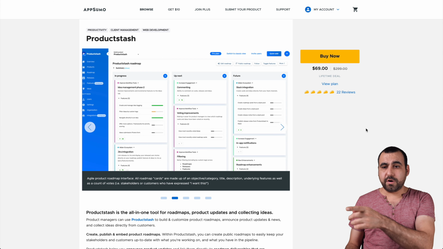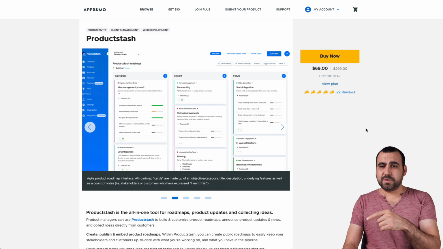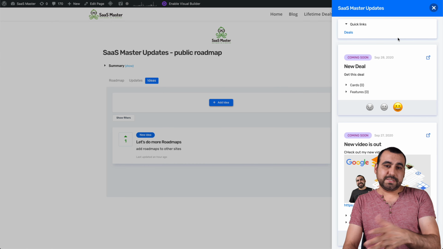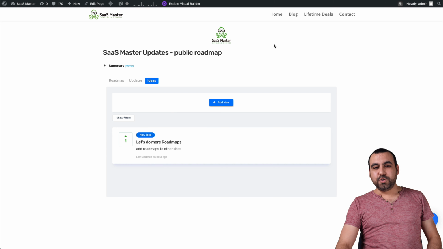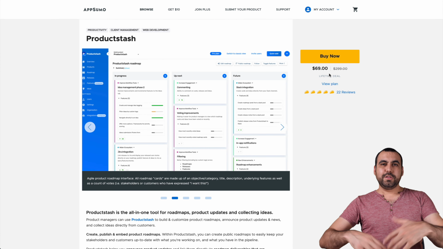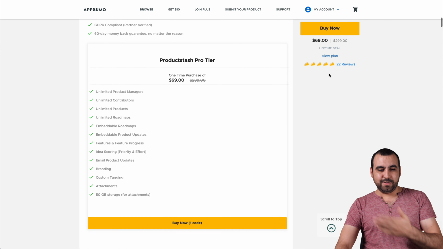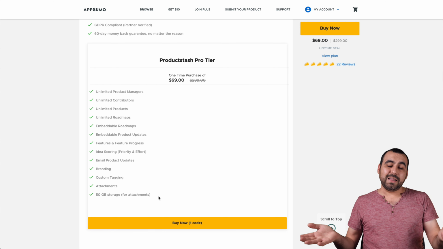And I didn't mention before, but it also has the branding color section to change that, because as you can see, it was blue right here. You could change those colors to your branding, because in my case it's green, but I will update that. But there you go, guys, a super useful tool, a really awesome price, $69 for a lifetime deal. No stacking, no limits. I mean, I'm pretty amazed at that. The only limit I see here is 50 gigabytes of storage, which is a whole lot. I think 50 gigabytes for this, it's a lot, right?